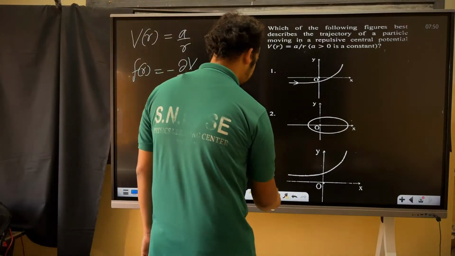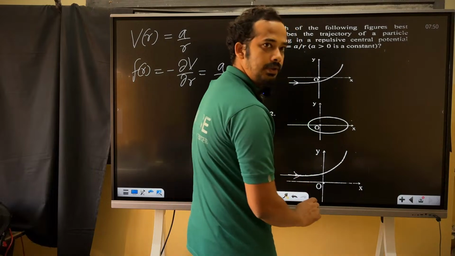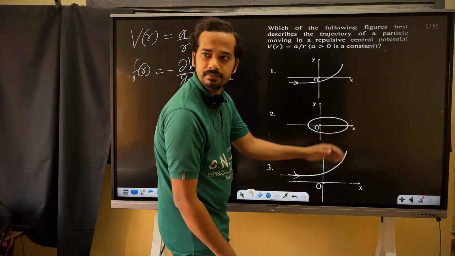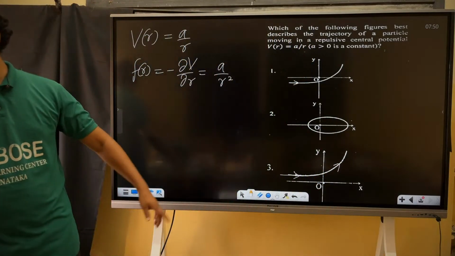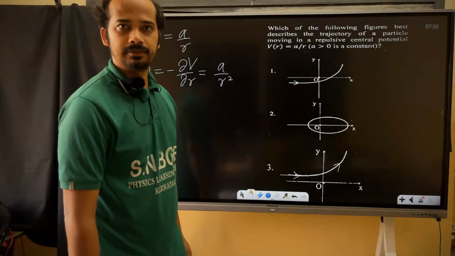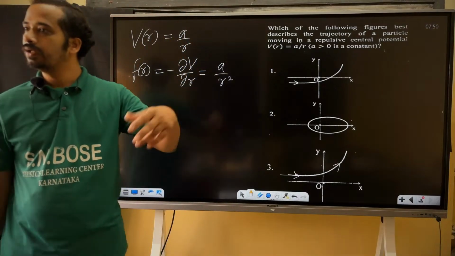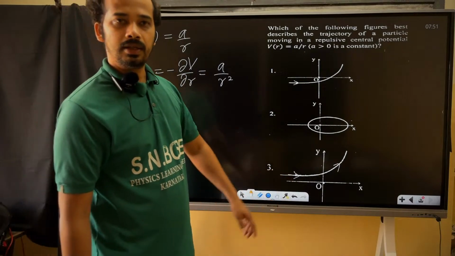But in this case, this is the particle. You have shot it here, and it is getting repelled by the center. What is the best realistic example? Rutherford scattering, inverse square law only. Alpha particle and gold nucleus. Both are positively charged, so repulsive